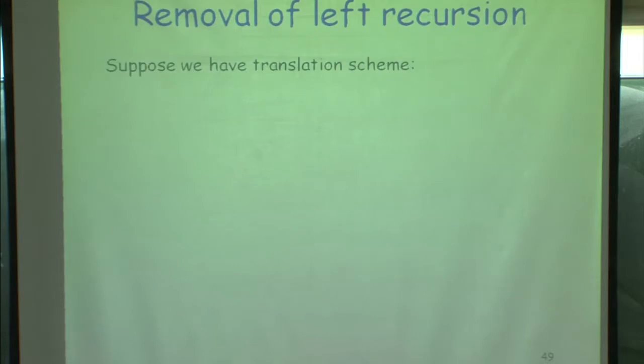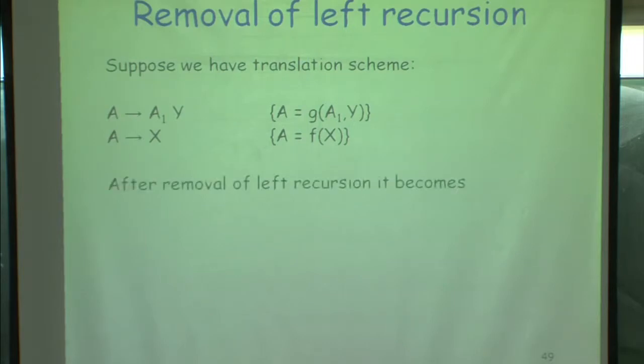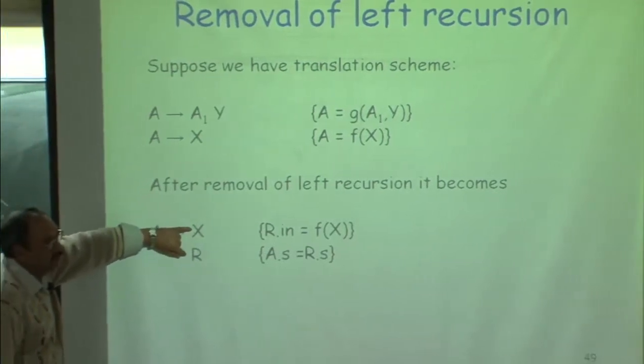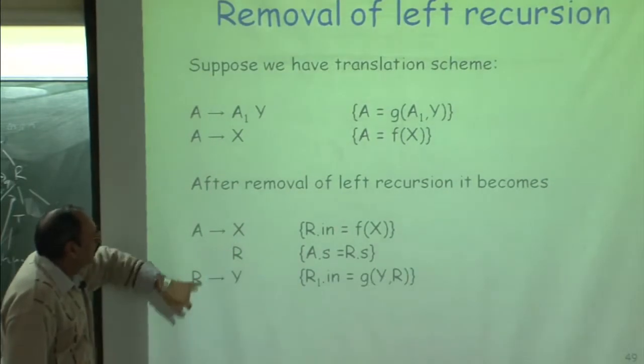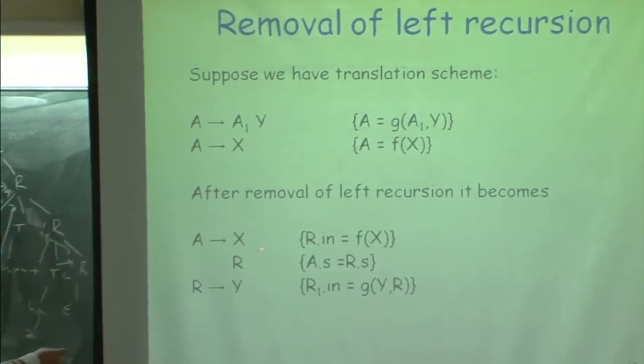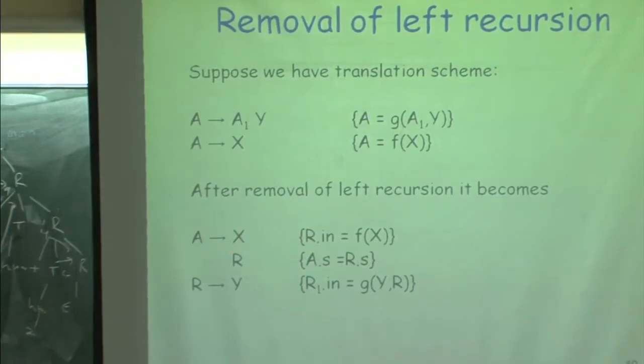But this is really what happens. Just focus on this rule, where you have a left recursion and you have synthesized definitions. And what I want to do is convert this into L attributed definitions. When I do that, the first thing that happens is that L attributed definitions will introduce a new symbol, and then I am saying that R inherited must be a function of whatever is on the left hand side.